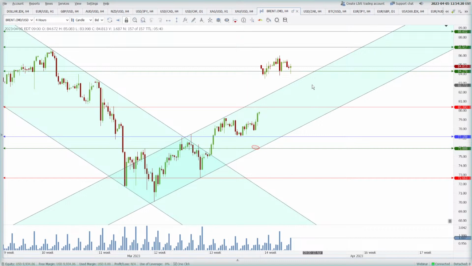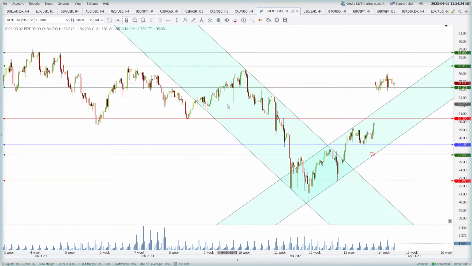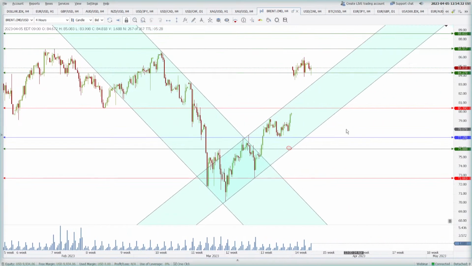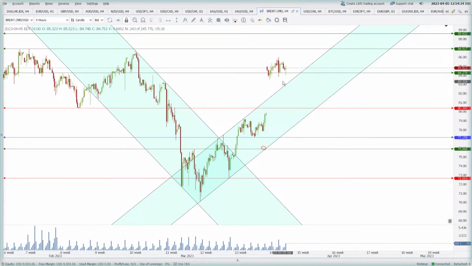All right, so 84.27 is acting as a very good support. Guys, this is not just a level. Okay, believe me, this is not just a level. When I put a level, I think about it carefully. I don't have a crystal ball, but you must know that my levels are important.